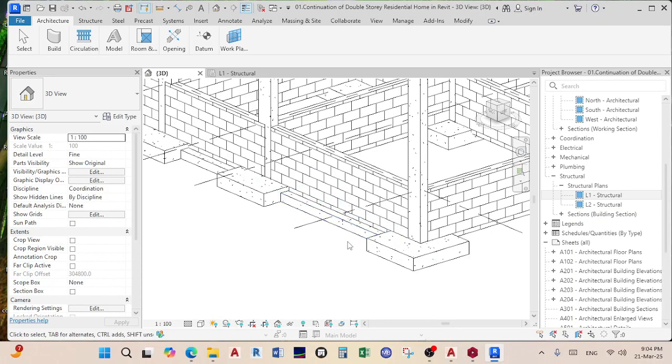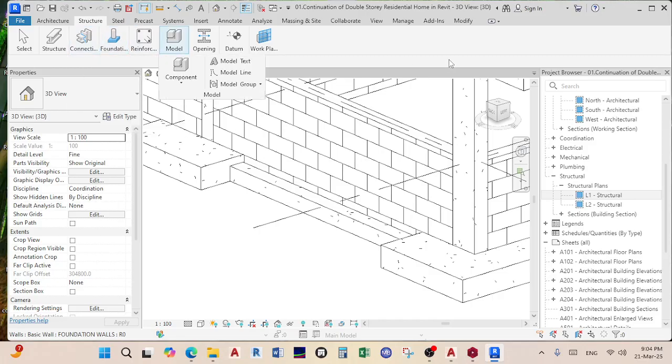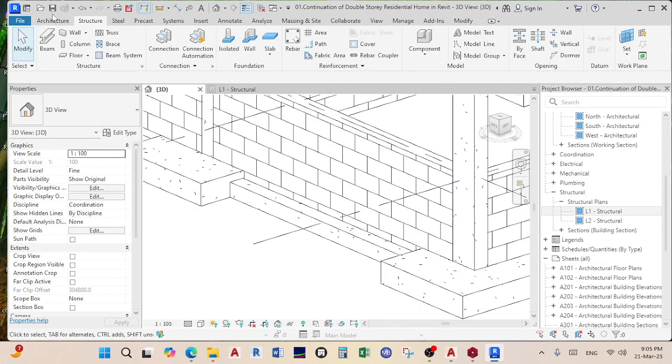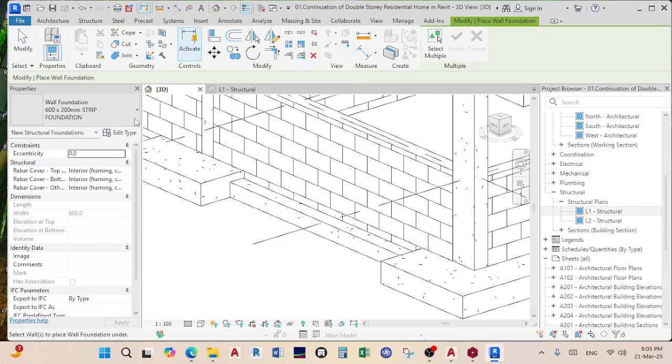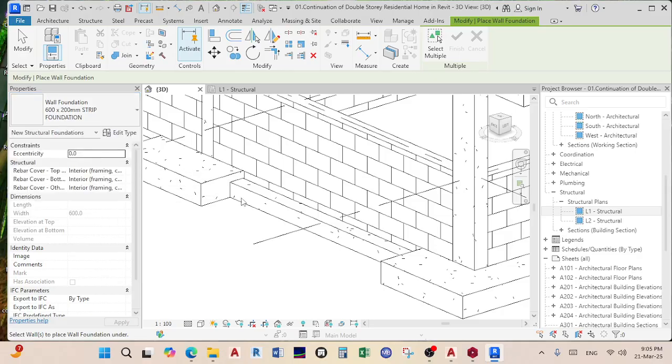So what happens is that I'll go to my existing strip footing. If I didn't have one existing, I would have to create one like we were doing yesterday, or I'd have to go to my, let's see, yeah. So I'd have to go to my structure tab here, and then I'd have to go to a foundation and select this wall foundation. And then just make sure that you're using a 600, because there are these other ones. Like yesterday we edited one of the 900s by 300s, so make sure you're using the one that you created,